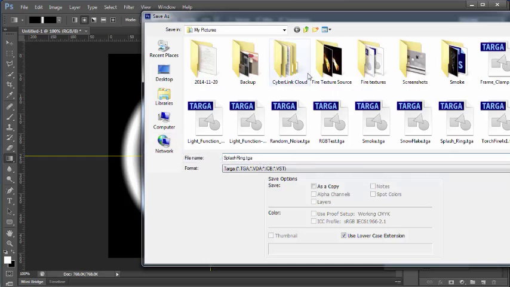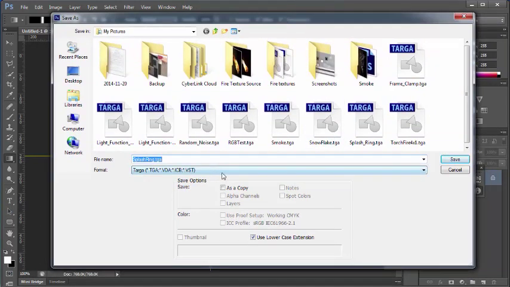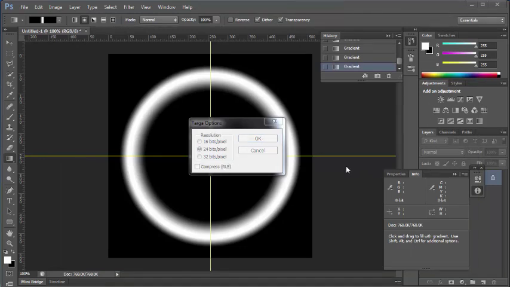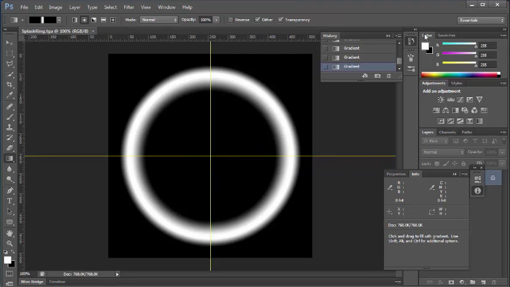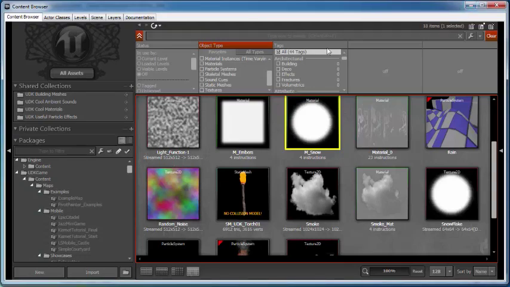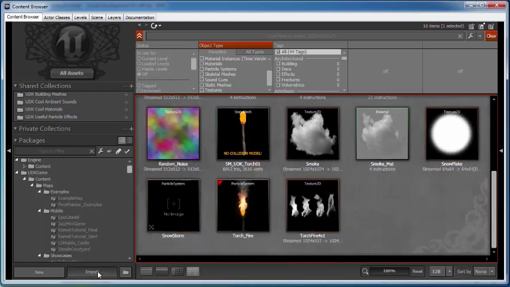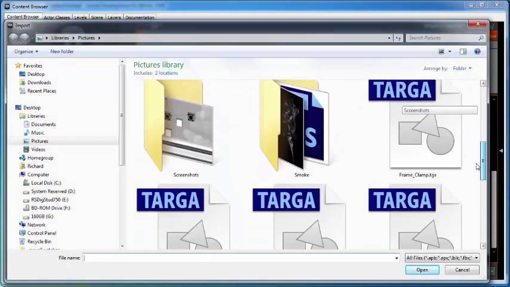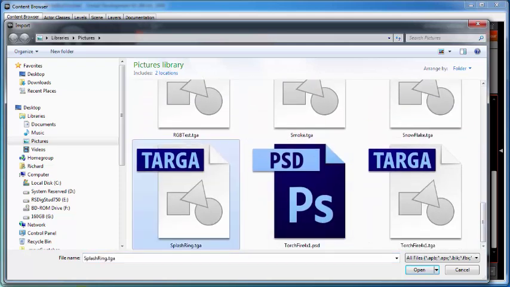And of course we don't have an alpha as usual. And we'll say that is 24 bits. And we're done. So all we need to do now is come back into our package, import that texture, splash ring,